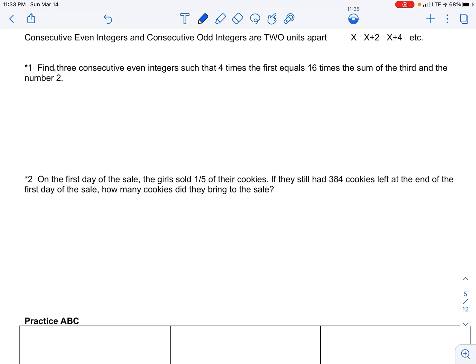All right, so we're going to find 3 consecutive even integers. Let's write those out: n, n plus 2, and n plus 4, such that 4 times the first. 4 times the first would be 4 times n. My first number is n, equals